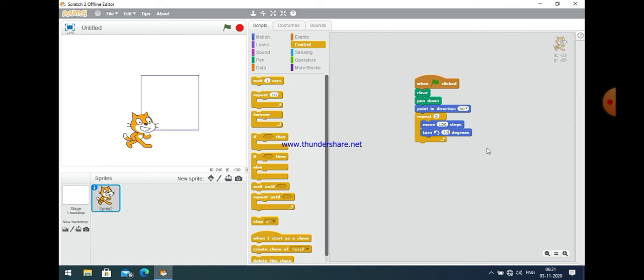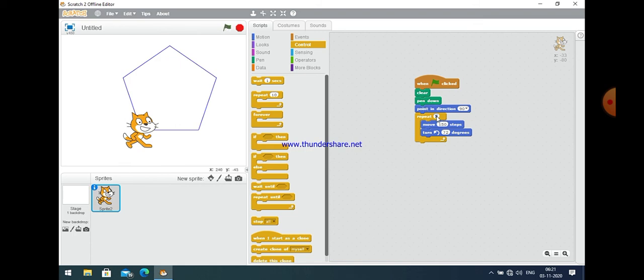Okay, so set 72. A pentagon will be created. Let us check it. Now you can easily see that the pentagon is there.